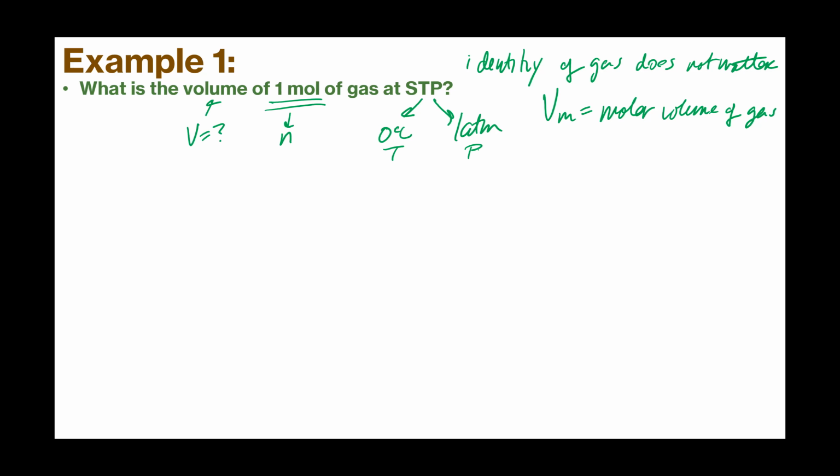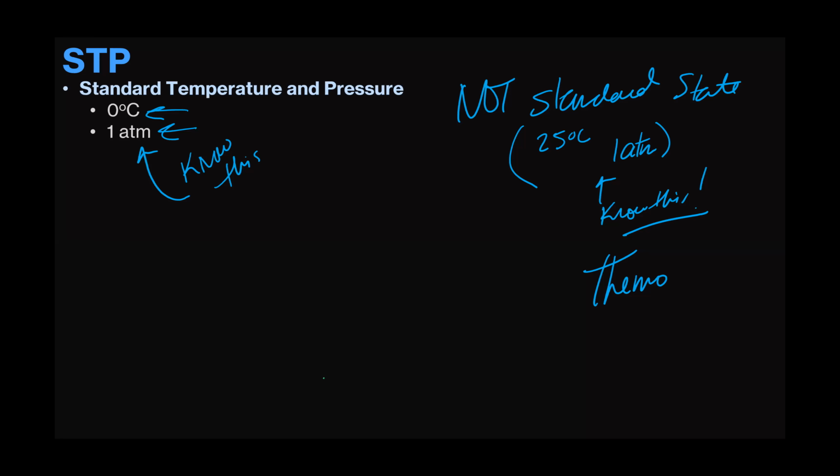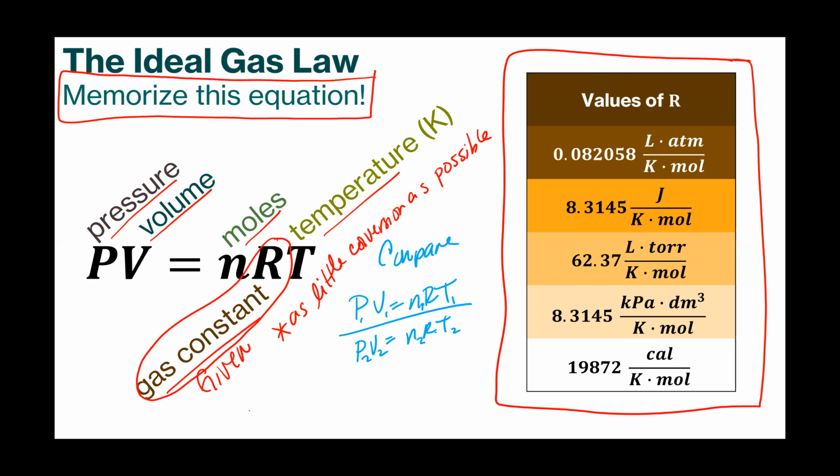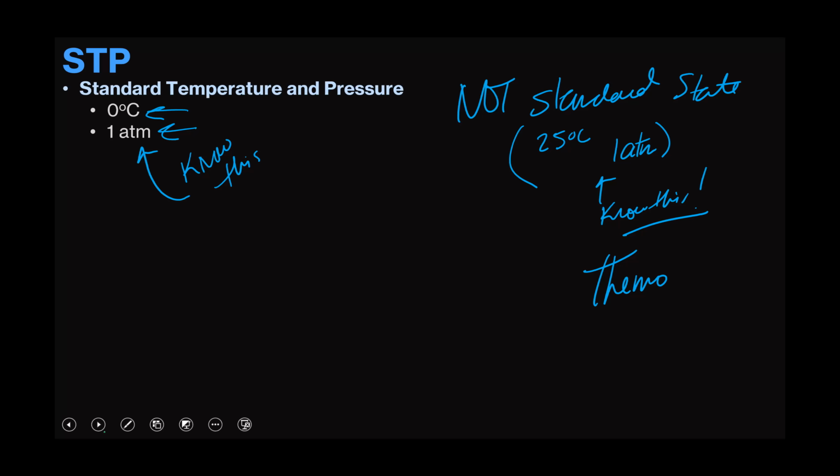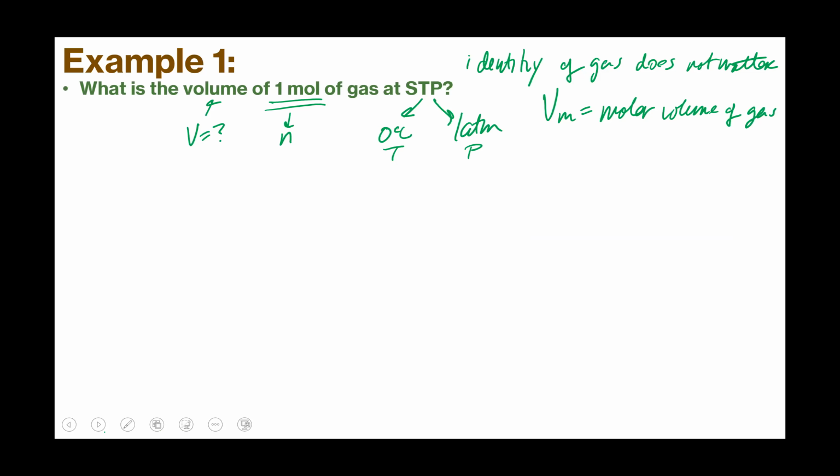Let's take a stab here. Now, the only sticky point with the ideal gas law, let's go back and make sure I remember to say this: our temperature has to be in kelvins. So if you're given a temperature in Celsius, which if your instructor's kind of a jerk like I am, they'll probably give it to you in Celsius. Which is fine. Maybe they'll even give it to you in Fahrenheit just to annoy you, but pay attention. You'll be fine. Convert that into kelvins. And even though it's 0 Celsius, we're still going to have to